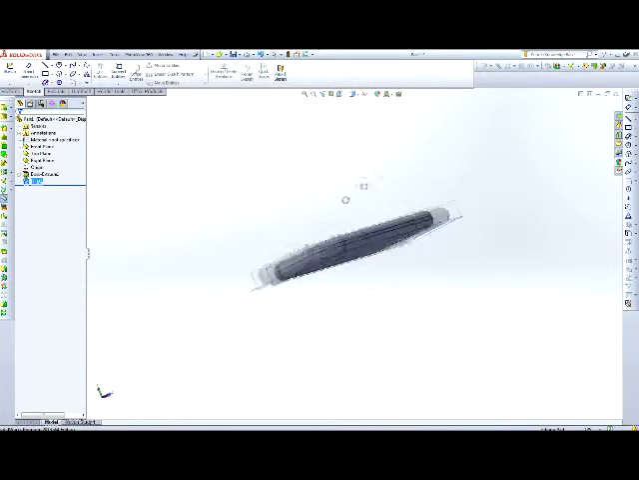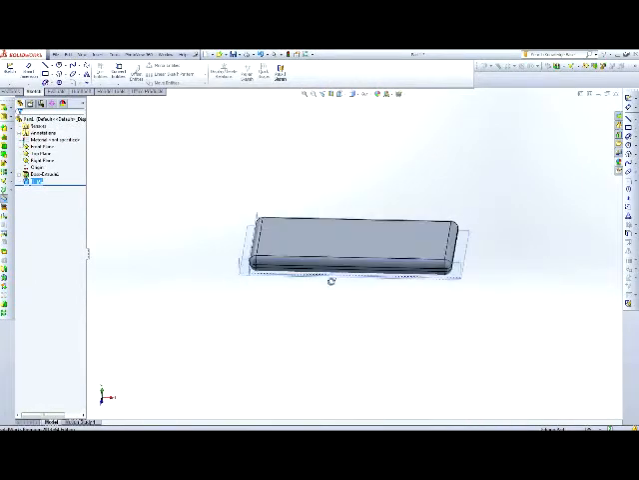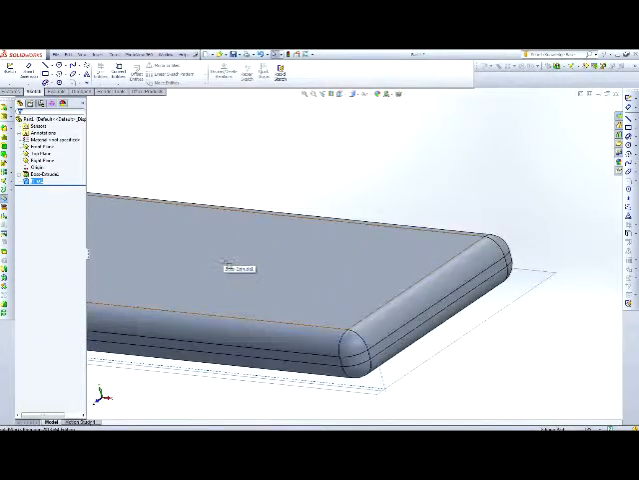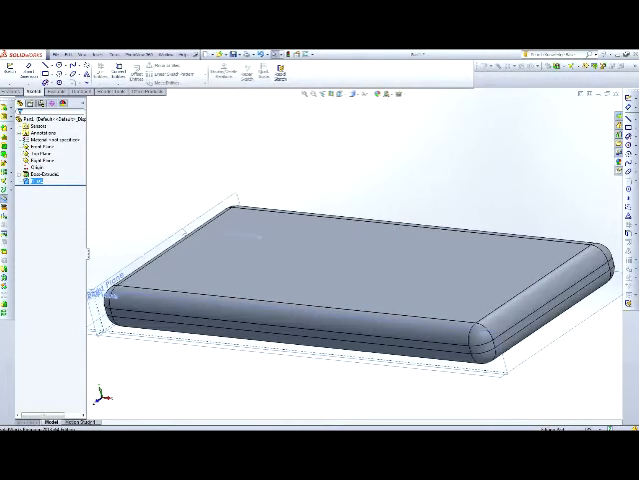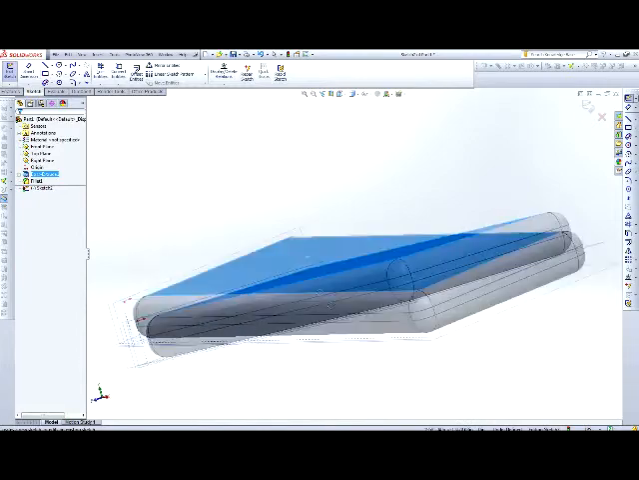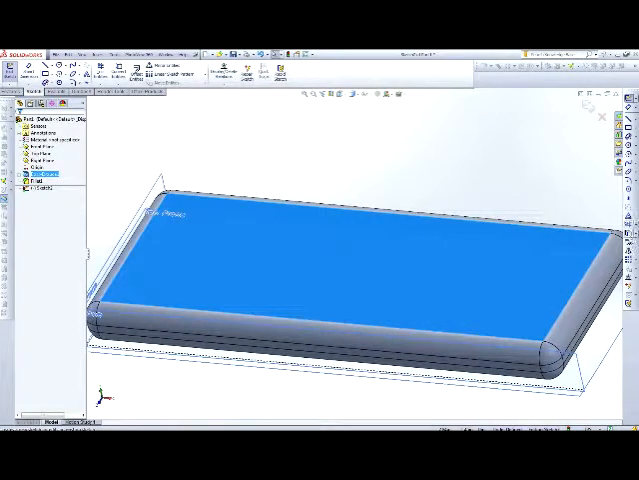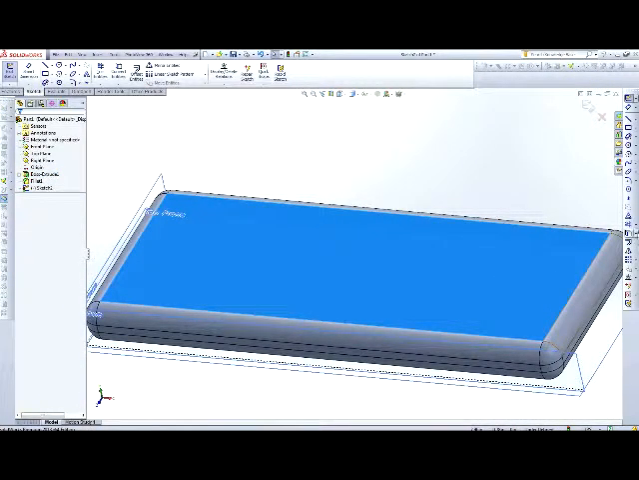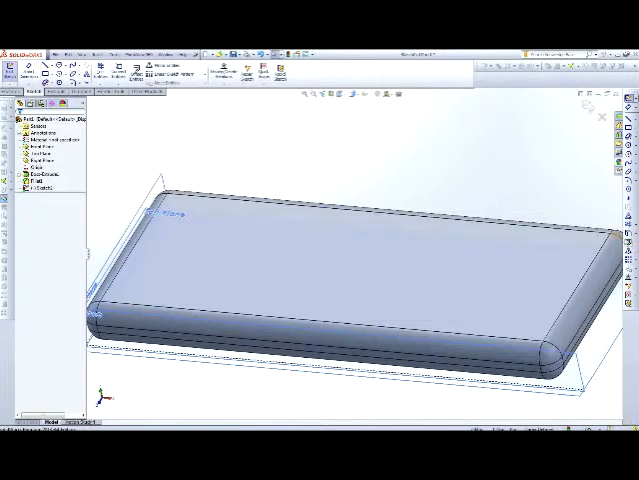So now we have our shape here, and I'm going to add a little bit of an inset right here. So what I want to do is click on the top face, and I want to sketch on it. So it's highlighted in blue now, and I'm going to want to take the Convert Entities tool. I'm actually going to be backing out. I'm actually going to be using